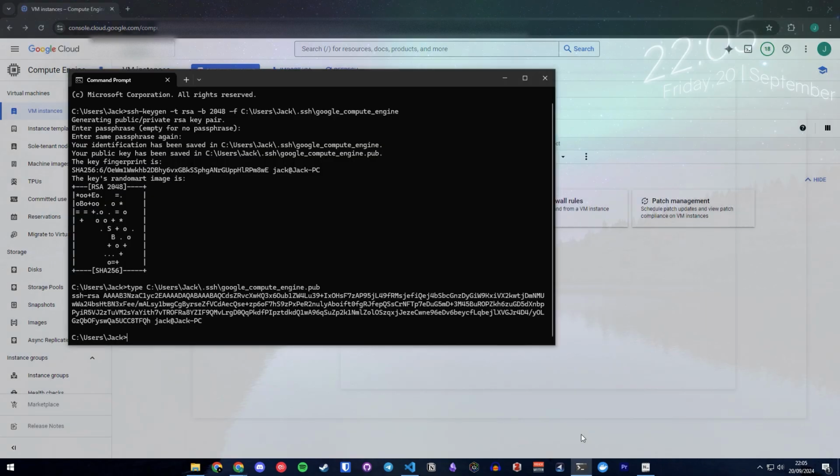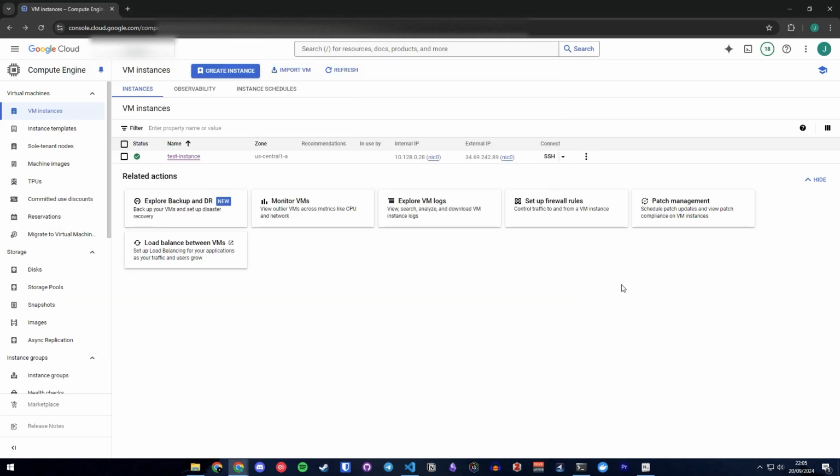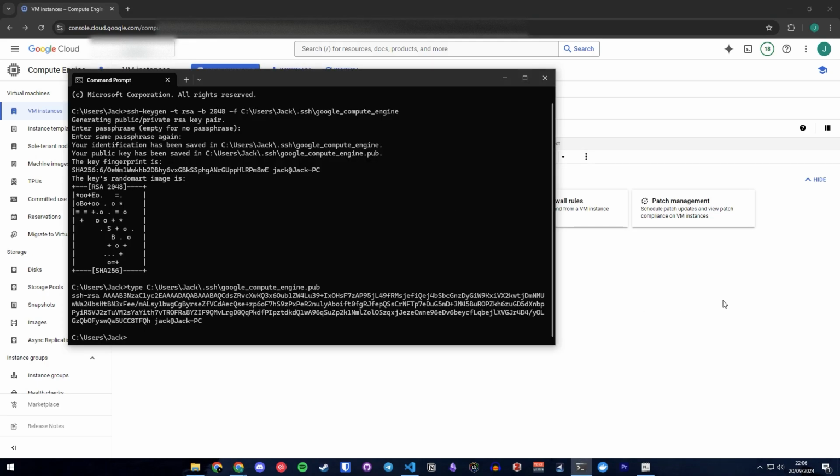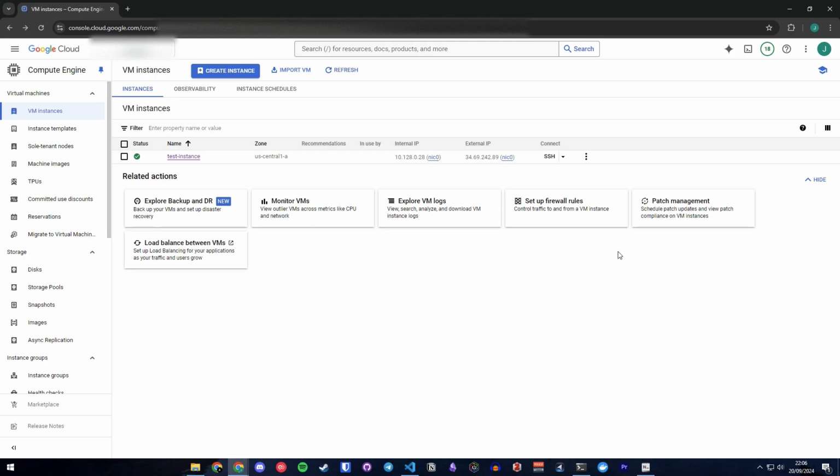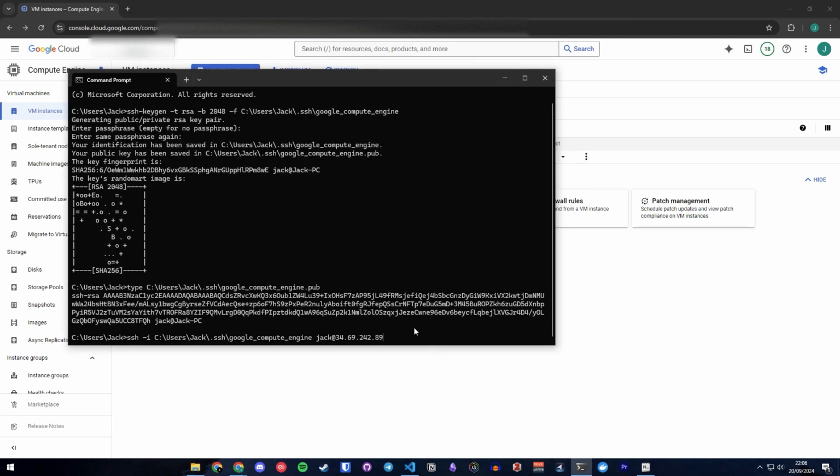The reason that's important is because now we're going to connect to it, and we're going to need the username, which I just got a second ago from the SSH public key area inside the instance. And also we need this external IP address here. So what I'm going to write is ssh -i, and then I'm going to give the path for where my public key is stored. Then I'm going to say my username, which is Jack, an @ sign,